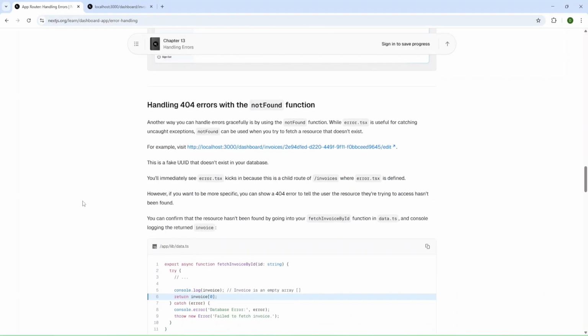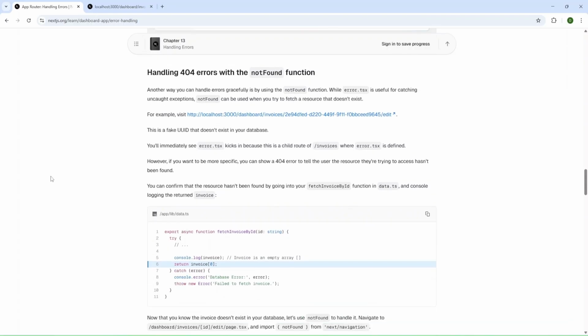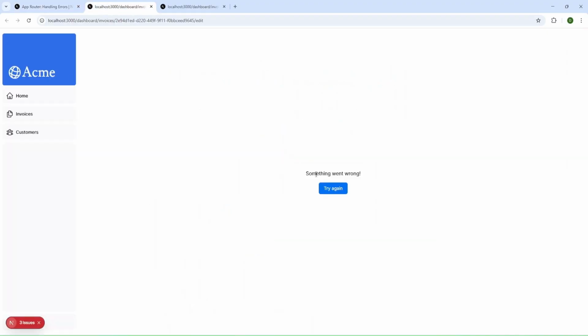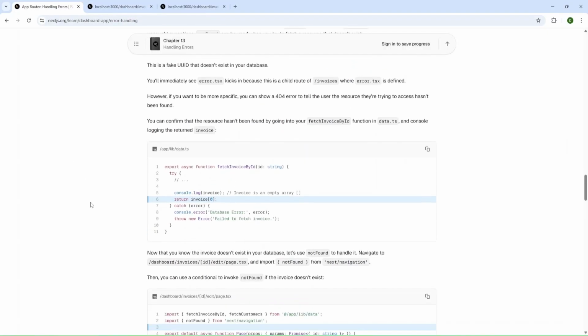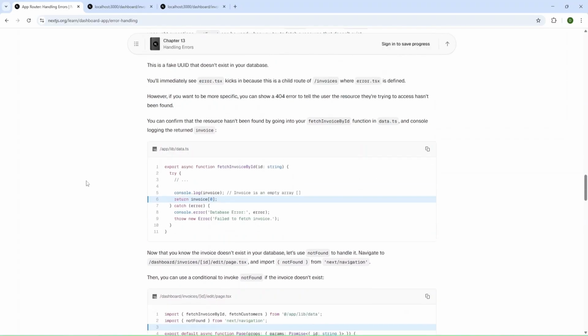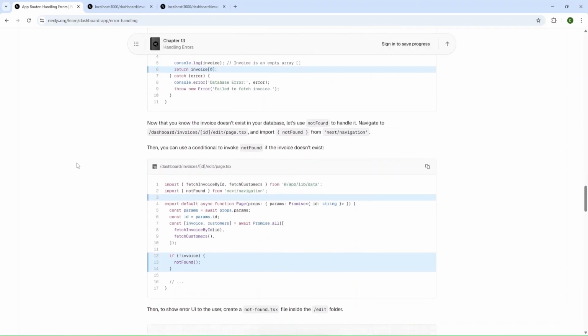And the next step is handling 404 errors with the not found function. And let's try to go to this link. And we don't have this ID in database, and we have the same error as previously. But we can add more custom error handling for all 404 errors.